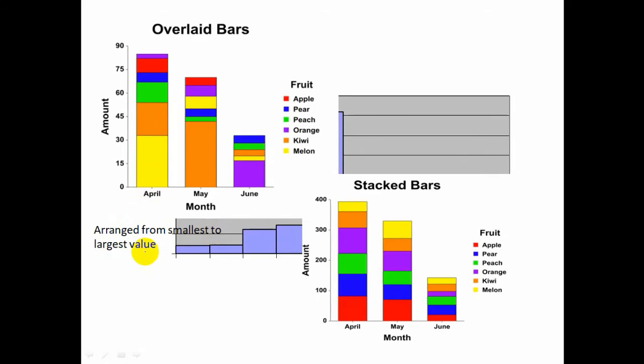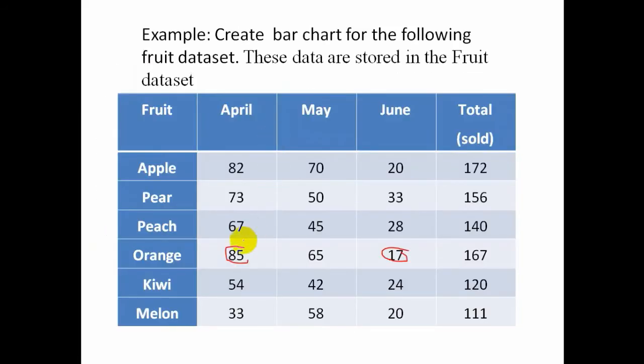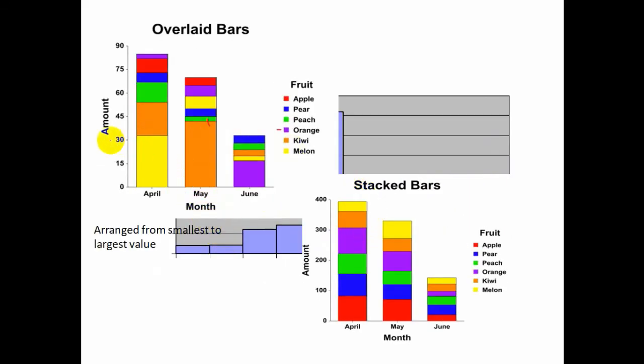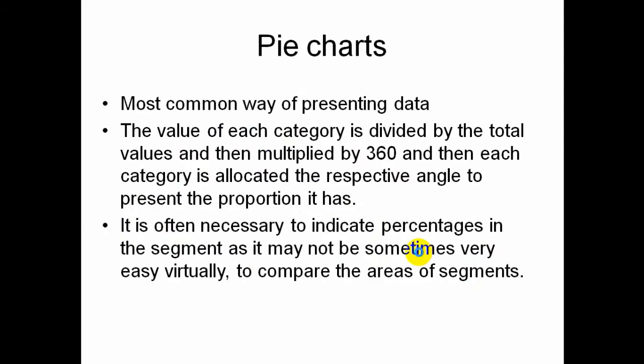Apple is the largest amount in April. Similarly, you see over here, this color represents the orange. So orange is the largest amount. The largest amount is on the top in each group, and you see over here, this is the stake bar graph. In the stake bar graph, we also use the groups, and in the overlaid graph, we also use the group presentations of each fruit, each category.